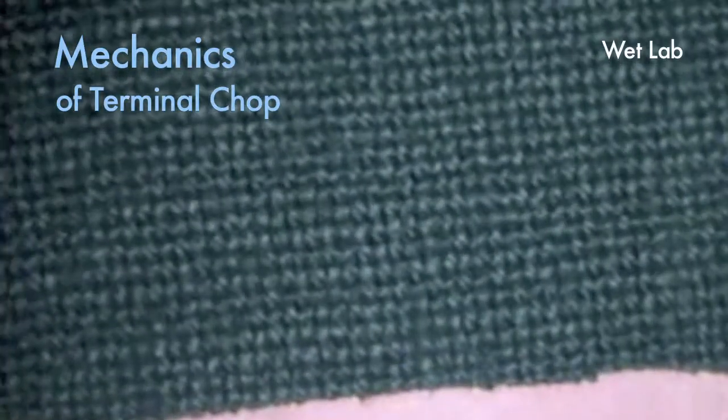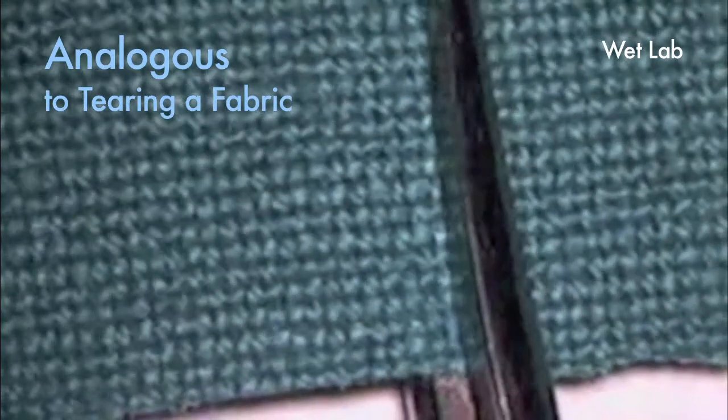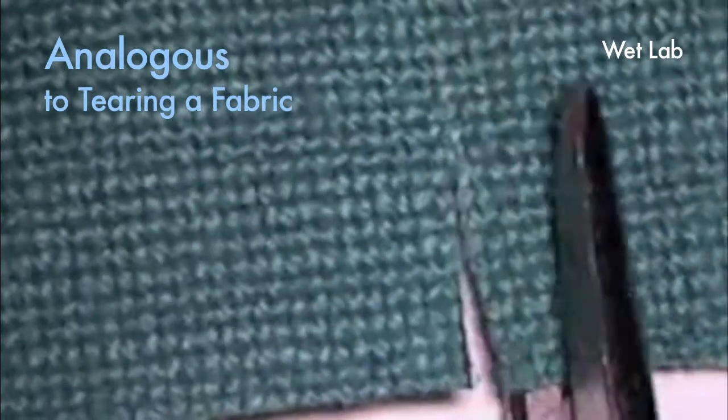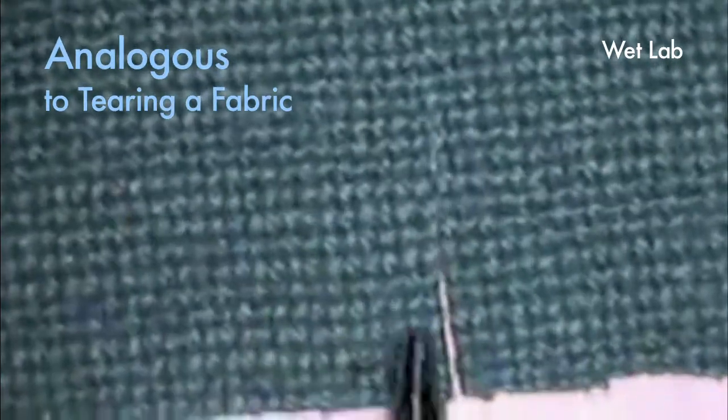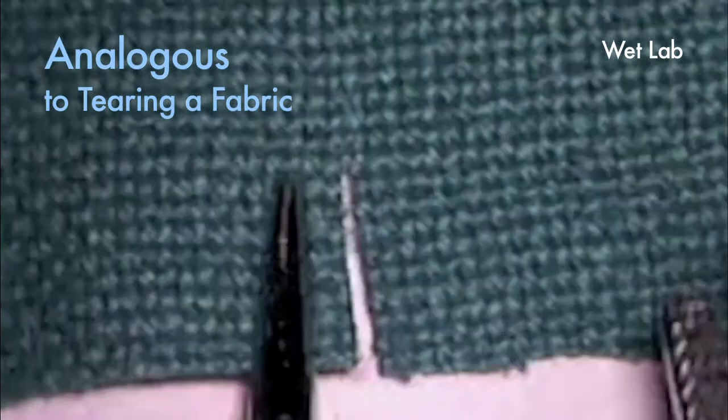The mechanics behind this technique is quite analogous to tearing a fabric along a cleavage plane within the parallel fibers, which requires an initial nick at the terminal edge of the fabric. Then, by closely holding both the edges of the initial nick, lateral separation force is applied to split the entire fabric